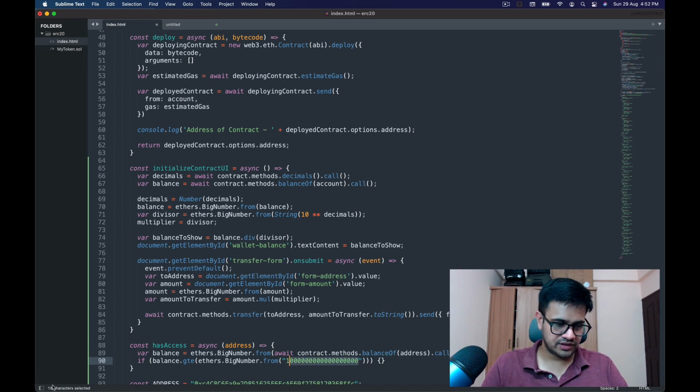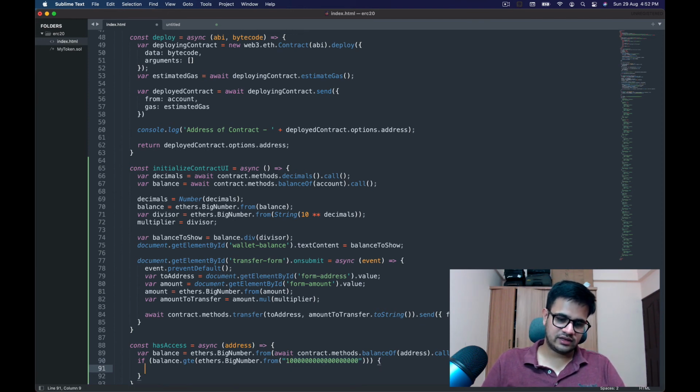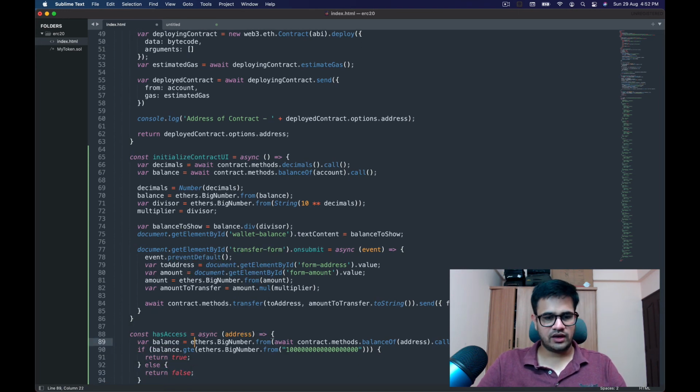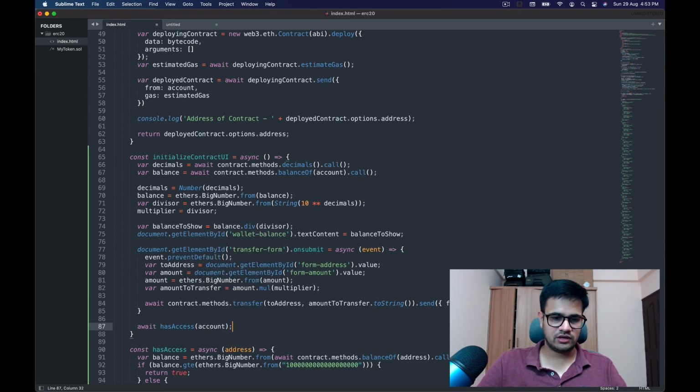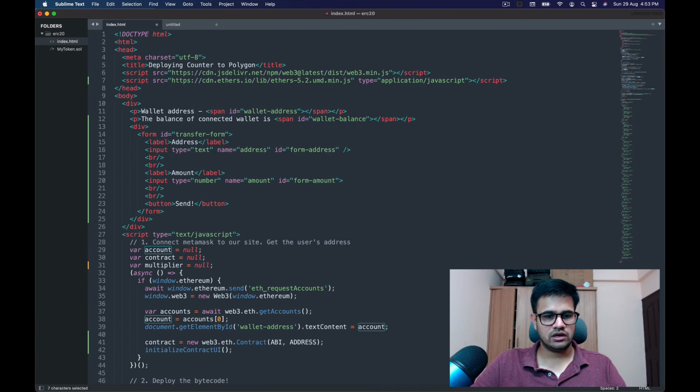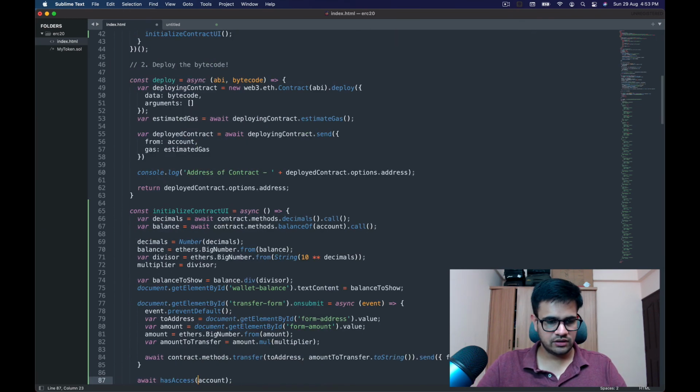So you can see over here it says 18 characters, so we have 18 zeros. So if balance is greater than or equal to 1, in that case we return true actually, else we return false. And only if the user has access, and let's say I'm talking about the current account only, the one which has authenticated.